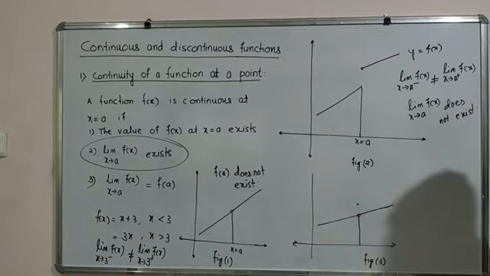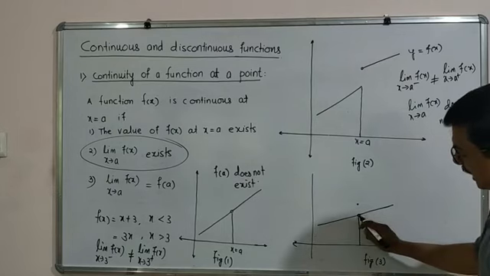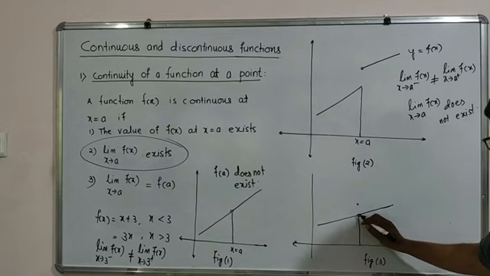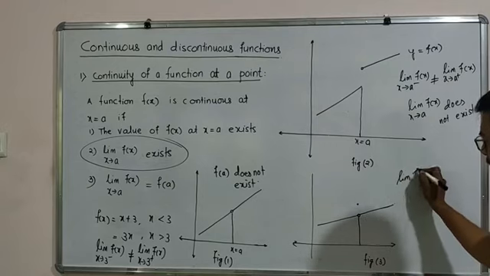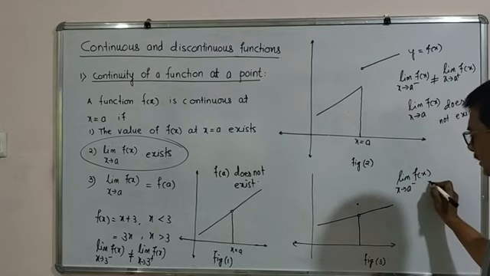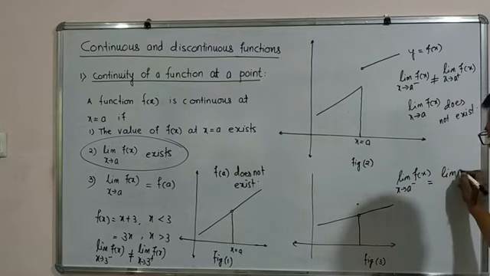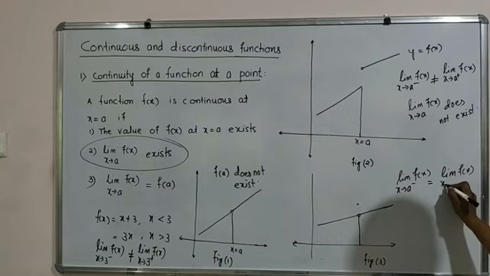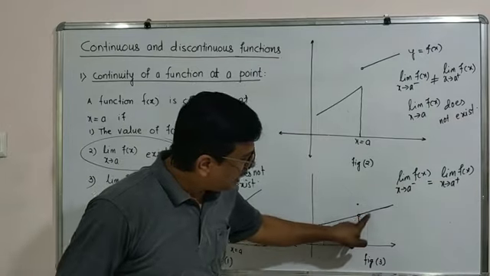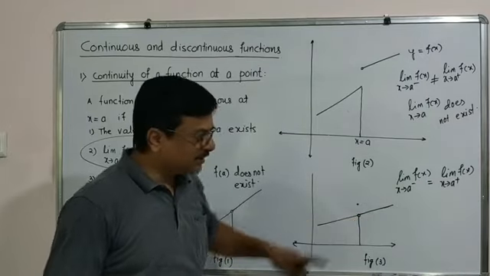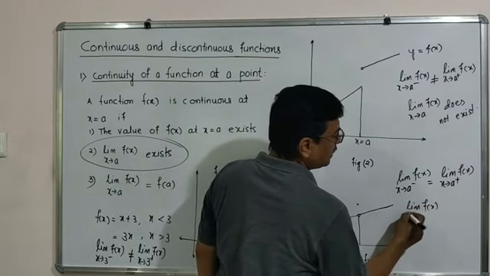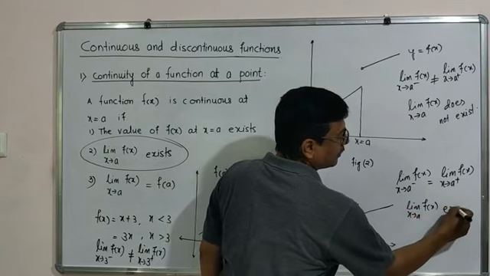And in the third figure, we can say that the left hand side limit and right hand side limit are starting at the same point. Means here we get limit of f of x as x tends to a minus is equal to limit of f of x as x tends to a plus. Because both LHL and RHL are at the same place, means they are equal, means here limit of f of x as x tends to a exists, but